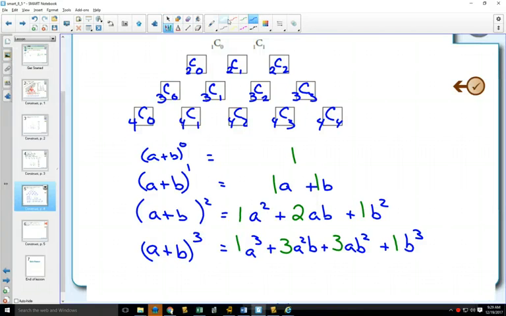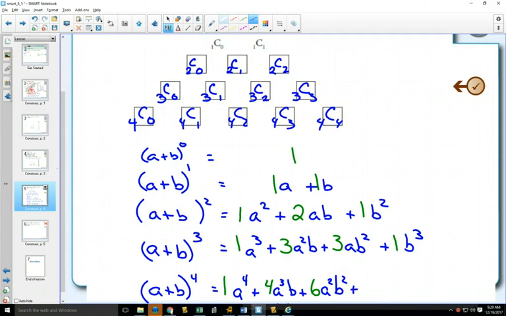So let's try. A plus b to the 4 will equal a to the 4. You'd have one of those. 4. Now, what are the variables going to be with this one? A cubed and b. Plus, and now we have a squared, b squared. Plus,